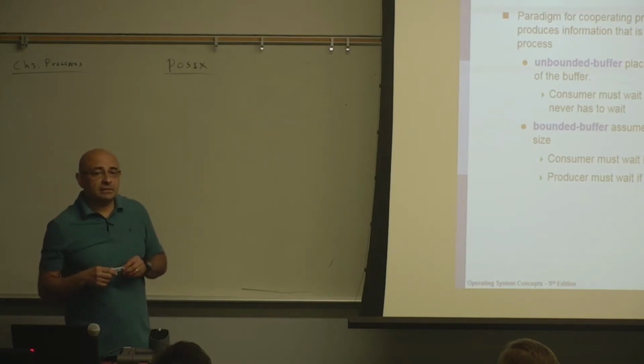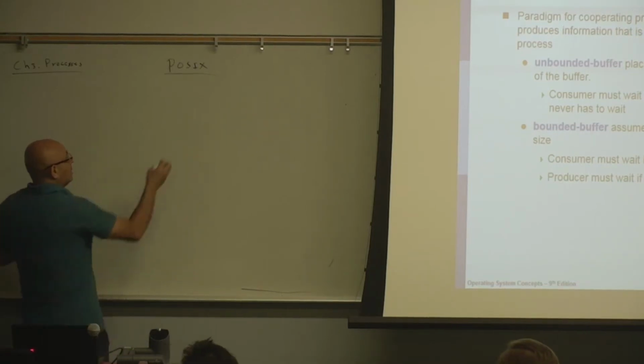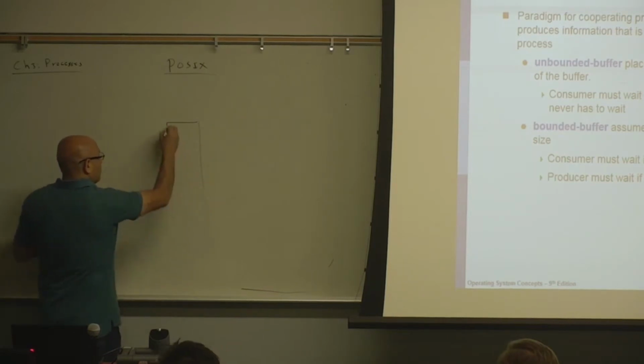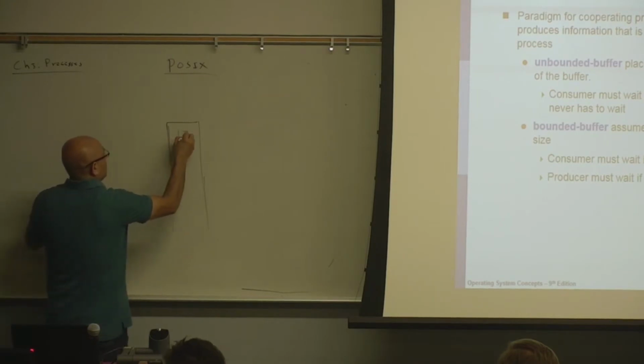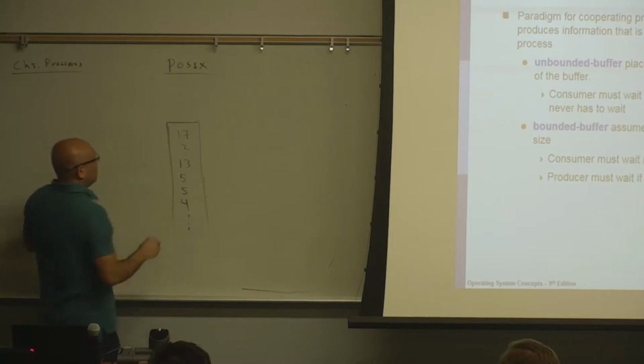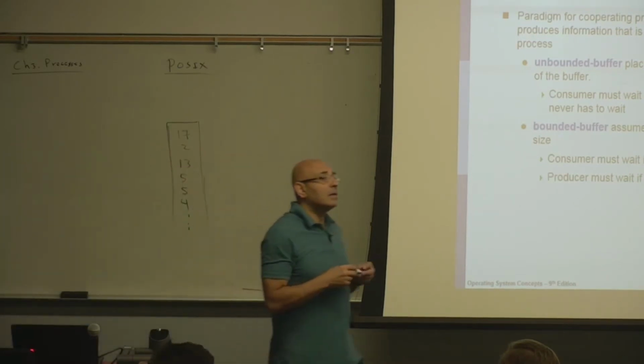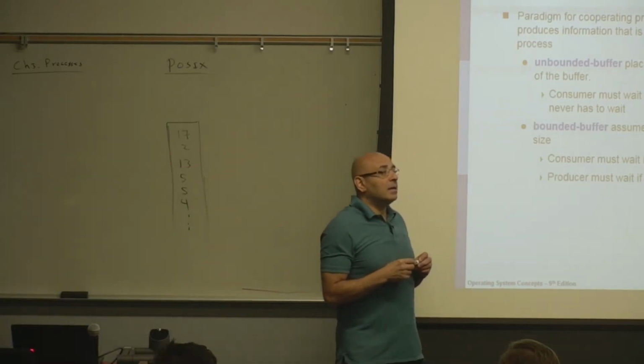In many cases, an unbounded buffer is not necessary. Like in assignment number 1, there is a shared memory buffer, and the producer is producing some numbers. And the consumer is reading them. So why is a bounded buffer sufficient in this case? Consumer will release the space for the producer to produce.